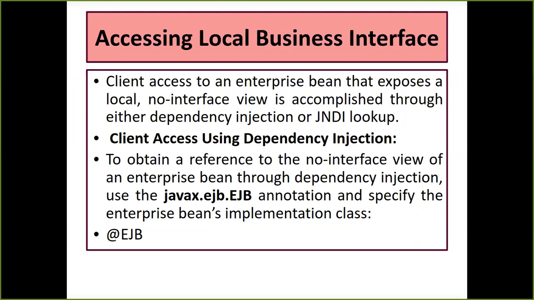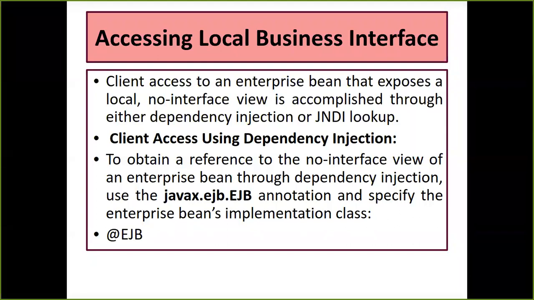Okay, so for that I need something for accessing. I need to write something into my client page where I can make my client page understand how and where it is going to access the local interface. So there, we are going to make use of dependency injection. We are going to use a JNDI lookup. All these concepts, annotations, will help the local interface understand what the container has to do with the program, how the flow of the program is going to be, and how it is going to help. Now, the client is going to access using dependency injection.